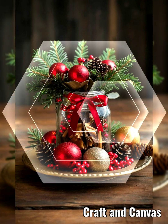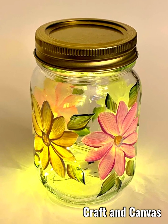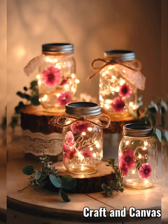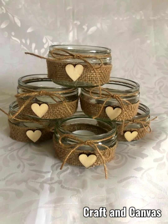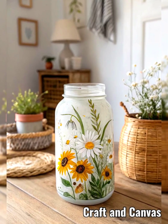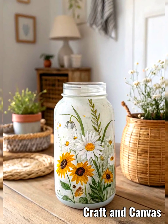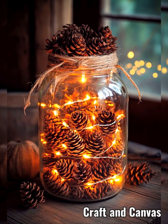Every jar has a story waiting to be told, and with just a strand of fairy lights and lace and jute rope, that story becomes one of beauty, hope, and magic. Creativity begins with seeing possibilities where others see waste. And when you light up a mason jar, you are not just decorating your